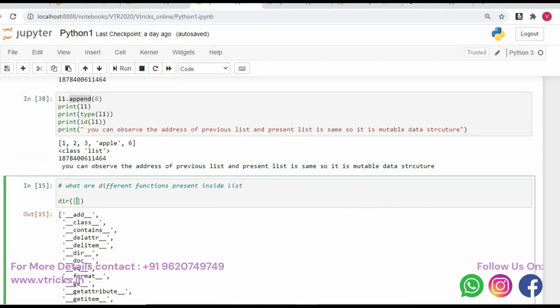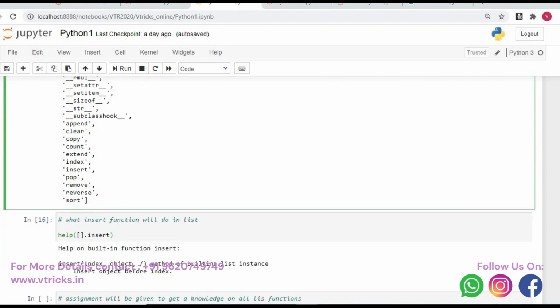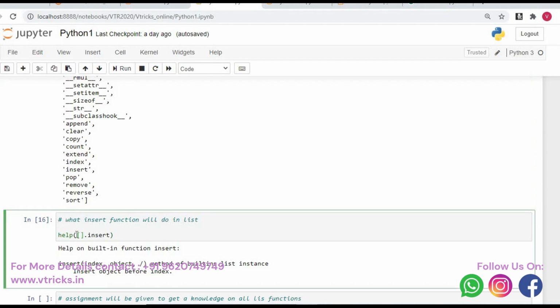But you must be getting one more question here. Okay, you already know what append will do, but we don't know what the other functions will do, no? What to do then? Yes, we got to know because dir gave the directory listing, with functions by name append, clear, copy, count. Yes, we got to know there's a function. But how will that work? Again we have something called help. We say help of square bracket dot insert. Square bracket is a list.